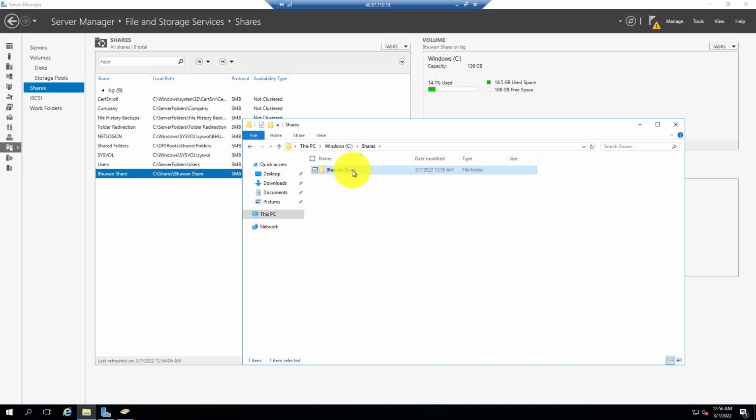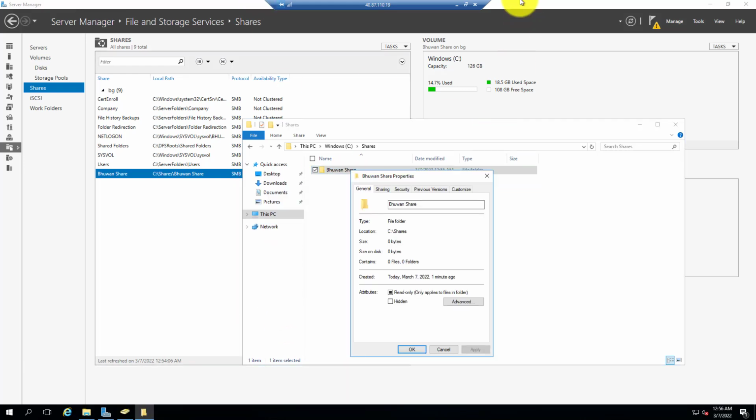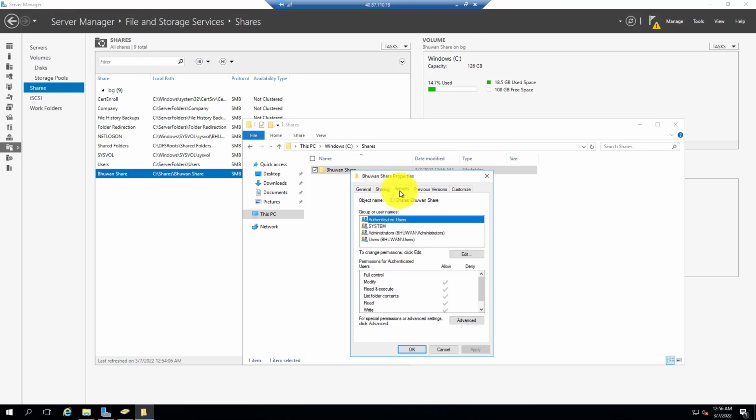So to set the permission for this share, because the permission is set for all the users now, but if I have to give access to this share folder to only certain users or certain computers, what I'll be doing is right clicking on this one, and I'll go on Properties, and here on the Security tab, here I can see the permissions and groups and names that have access to this folder. So if I want to edit or add other users or computers to this